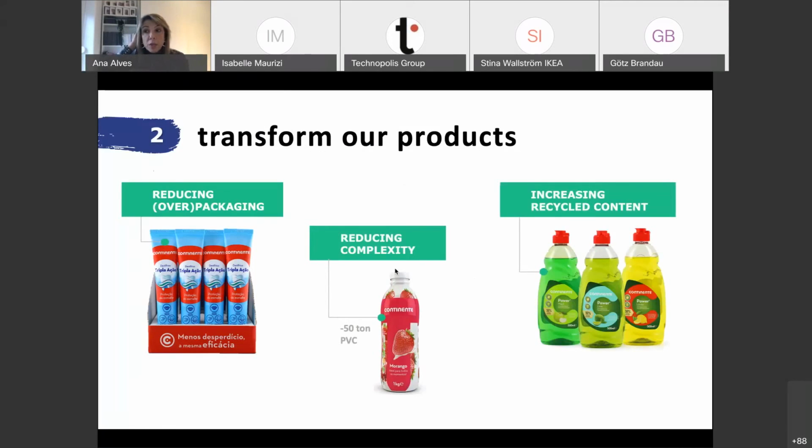It's very important to realize that during this process, we have to have people that are able to lead and have courage to take decisions, because in some cases, when we do this assessment, we reach the conclusion that we have to change totally the packaging of some products. But eco-design doesn't solve, as we have seen, the problem by itself.